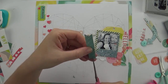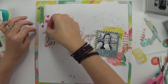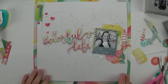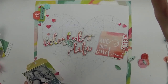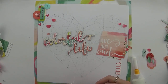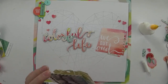Now what I'm doing is just cutting a fishtail in a little strip of cardstock just to add another layer to that top cluster. I just felt like it was missing something, so that for me finished that little part off nicely. And I've scattered those hearts just to sort of look like they've dropped on the page, but obviously I've carefully placed them. And now I'm going back to my photo arrangement, and I'm just adhering down all of